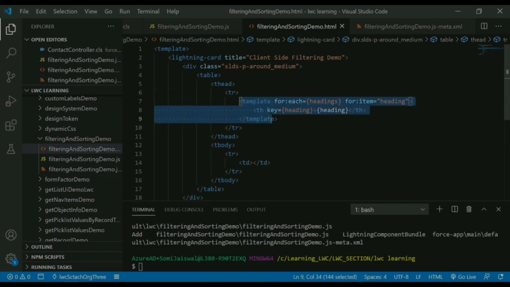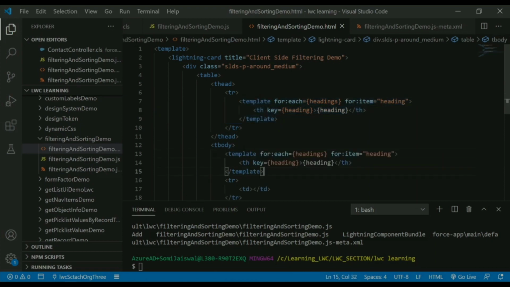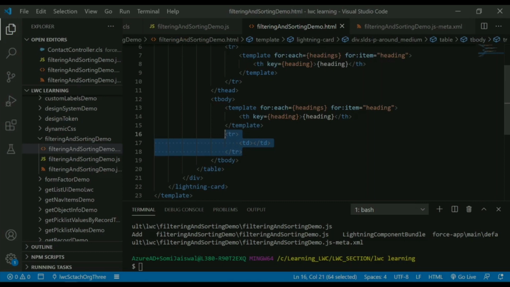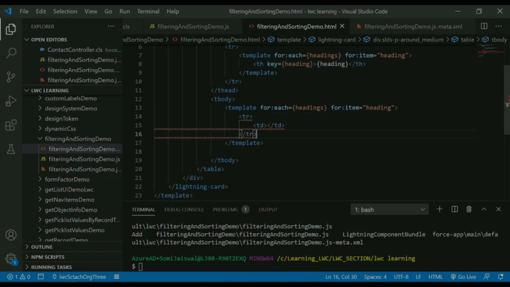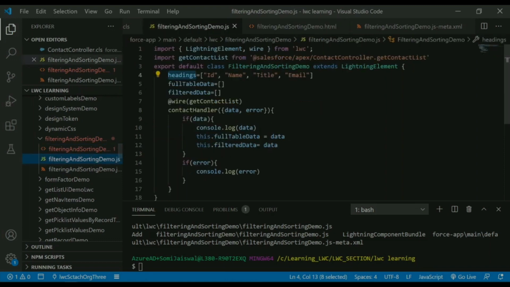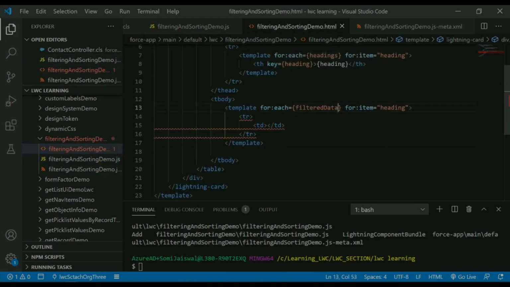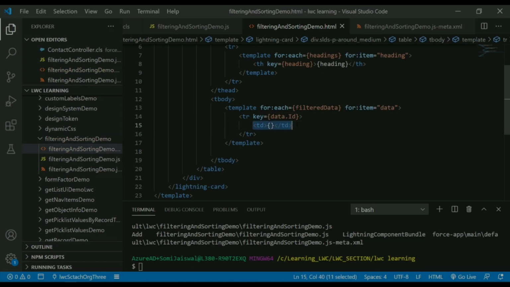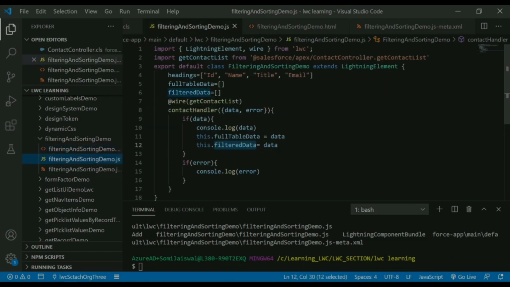And I'll copy the same syntax, paste it below. And now here we want to run the loop for the row. I'll cut this row and place it inside the loop, and our loop will not run on the heading. Our loop runs on the filtered data, and I'll say each item as data. Under the table data we want 4 columns, because we have 4 headings: id, name, title, and email,